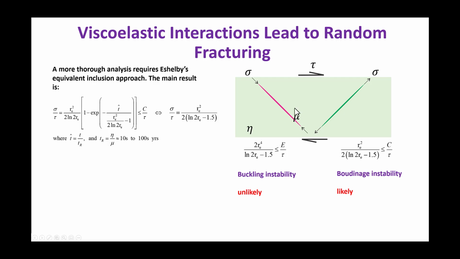For geological materials, say the matrix is quartz-feldspar mylonite, and the object is a strong mineral, like a feldspar, a tourmaline, or whatever strong mineral. The relaxation time could be tens, hundreds, or thousands of years, depending on the relative magnitude of these two parameters.